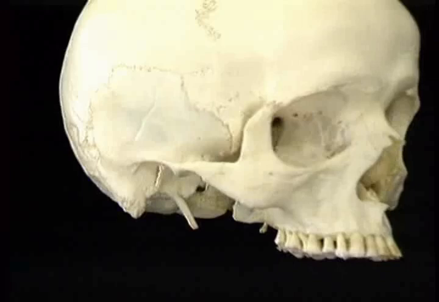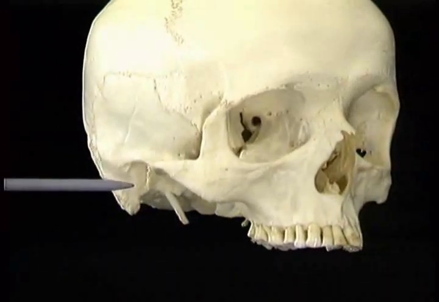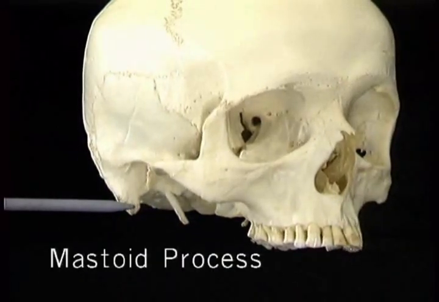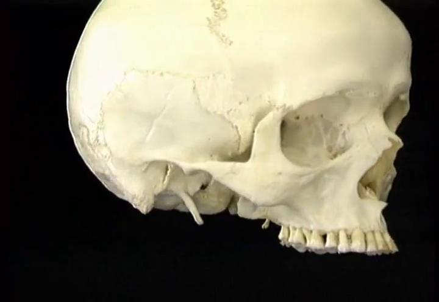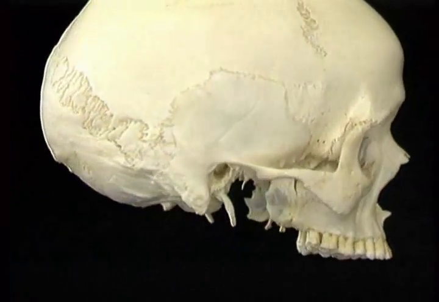A prominent feature of the temporal bone is this large projection, the mastoid process. As we'll see, it's the origin of some of the muscles that move the head, including